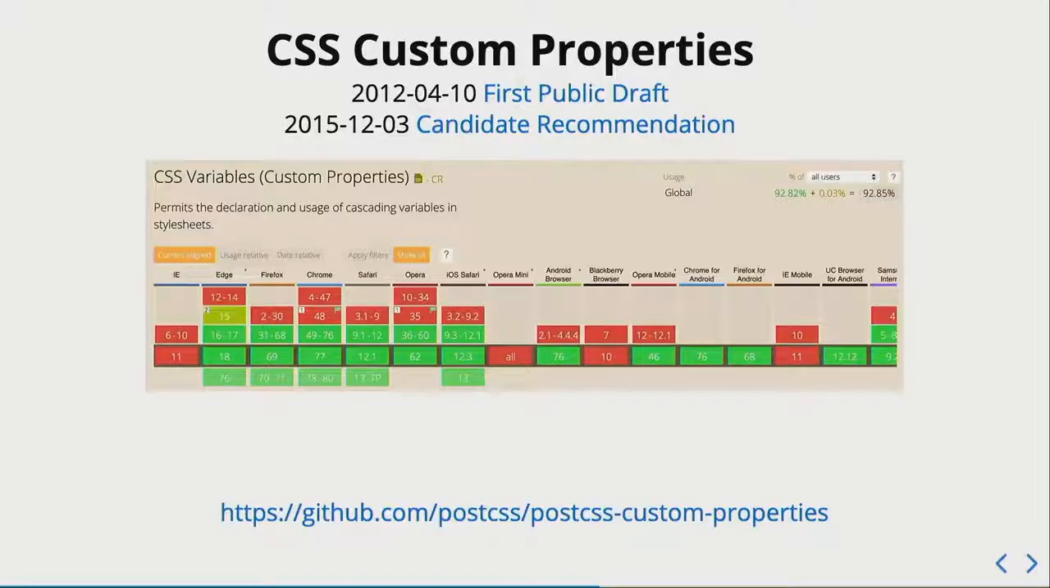If you are blessed enough to not support IE 11, you can use it freely. It works like a charm. I tested it personally. If you do need to support IE 11, you can still use CSS custom properties for static stylings with the